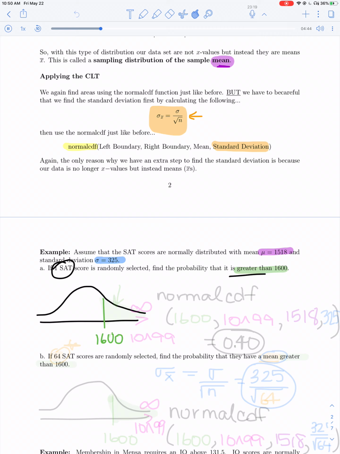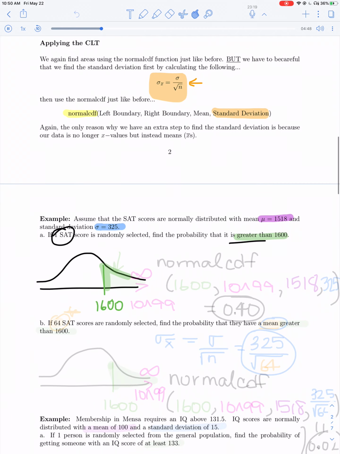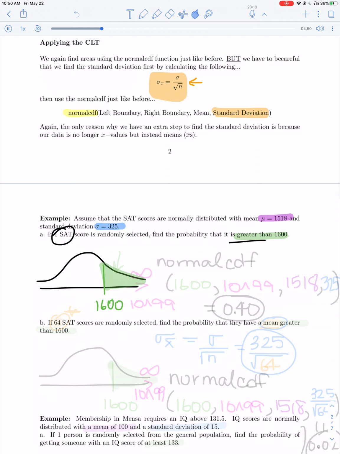And it says we want to find the probability that the score is greater than 1600, which means somewhere on this right section. So I'm trying to find my probability or my area of falling in here. So we've done this before already. We would start out with our normal CDF, since we're trying to find an area. And we'd start out with, where are we starting? We're starting our area at 1600,